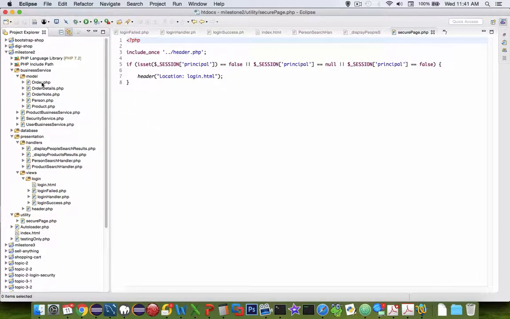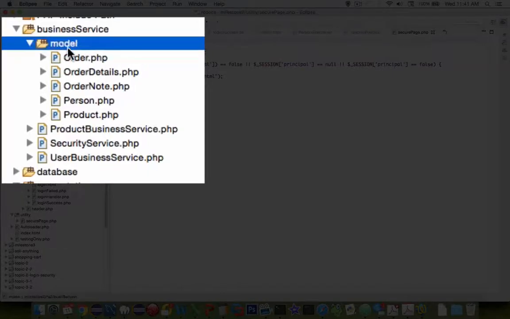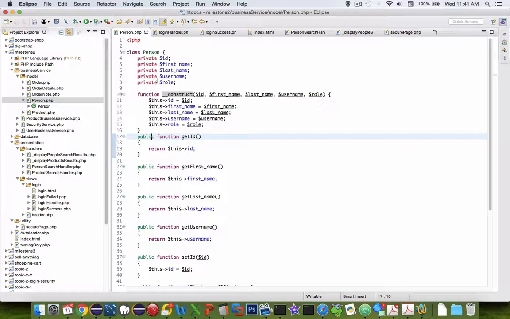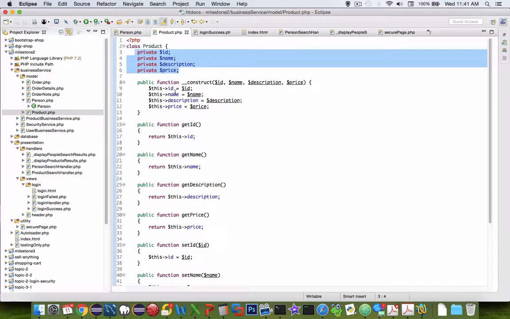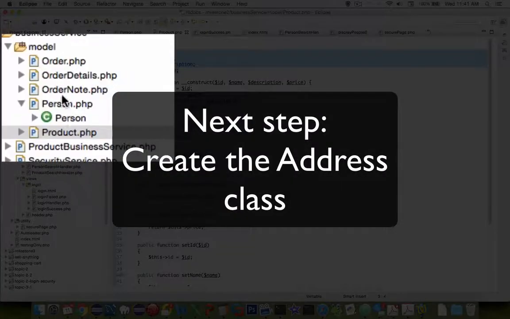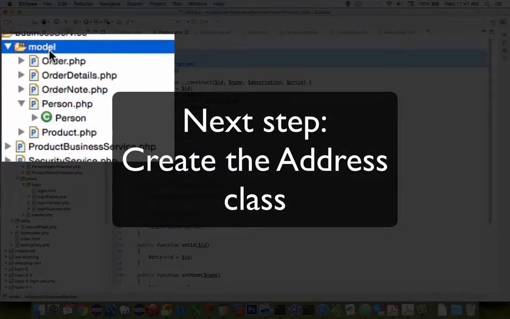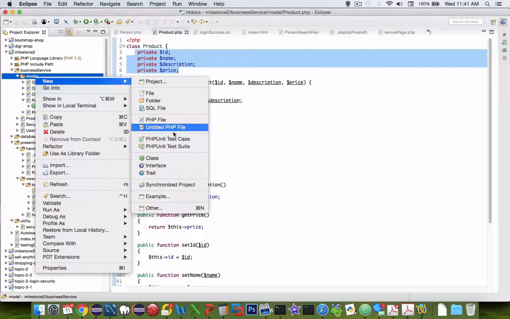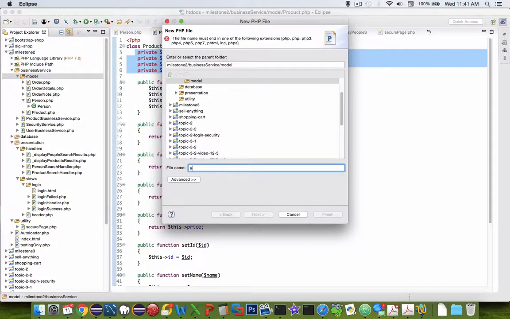So you can see I have created a model folder inside of Business Services, and we are modeling the objects that are in our database. So we have a person and we have a product here. Those are pretty good ones. You'll notice I don't have the address here. I just deleted that. I'm going to recreate it now so you can see how the process works. So let's create a new file, a PHP file, and I'm going to call this thing